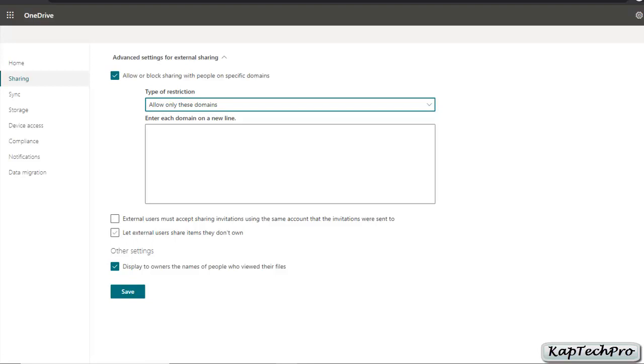So the external users who don't own that document can also forward that link if you allow this. In the other settings, we have one more setting, like I am the owner of that specific document, and if I have sent that document to more than 10 to 20 people, and I select this radio button, I will get notified of the members who have seen that document. After modifying the settings, you can simply click on save to save the settings.